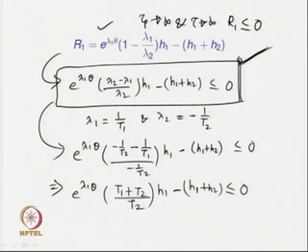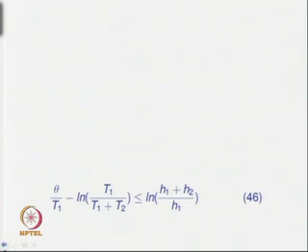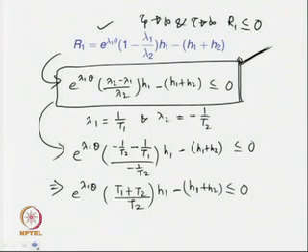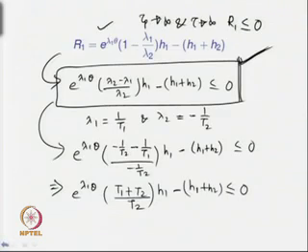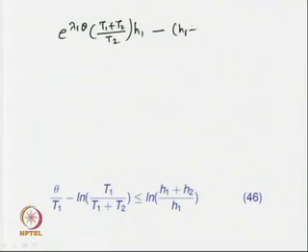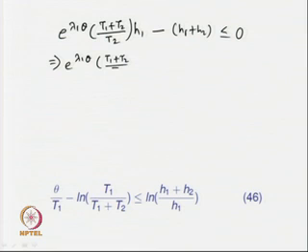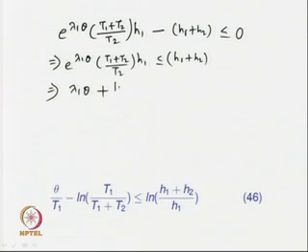So, I will carry on with this analysis further. This will give me an expression of the form e to the power lambda 1 theta (T 1 plus T 2) by T 2 H 1, minus H 1 plus H 2, is less than or equal to 0, or e to the power lambda 1 theta (T 1 plus T 2) upon T 2 H 1 is less than or equal to H 1 plus H 2. If you take natural logarithm of both sides, then you will get lambda 1 theta plus ln of